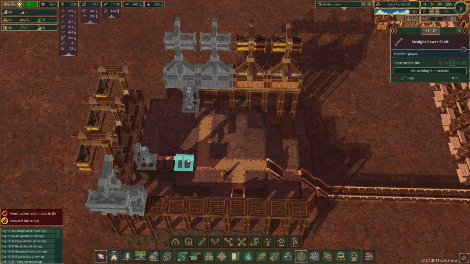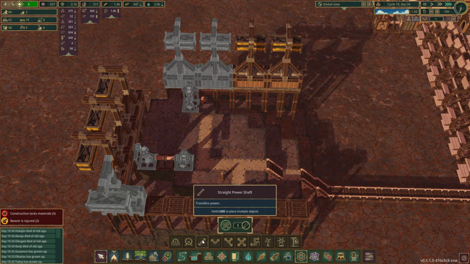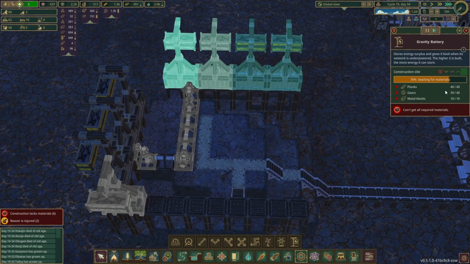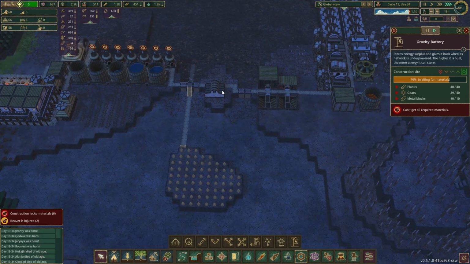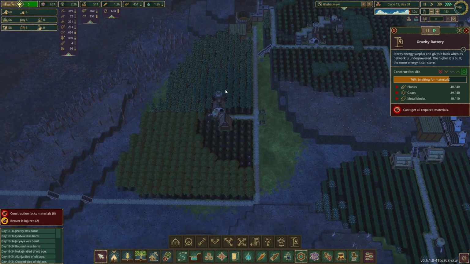Okay, right, I see what we need to do here. Let's do the power shaft connection. Boom. Need this built first, though. Need 1 gear. Oh, no. We've reached a gear crunch. It's not where I wanted to be, but hey-ho. Means planks will start going up soon, but...